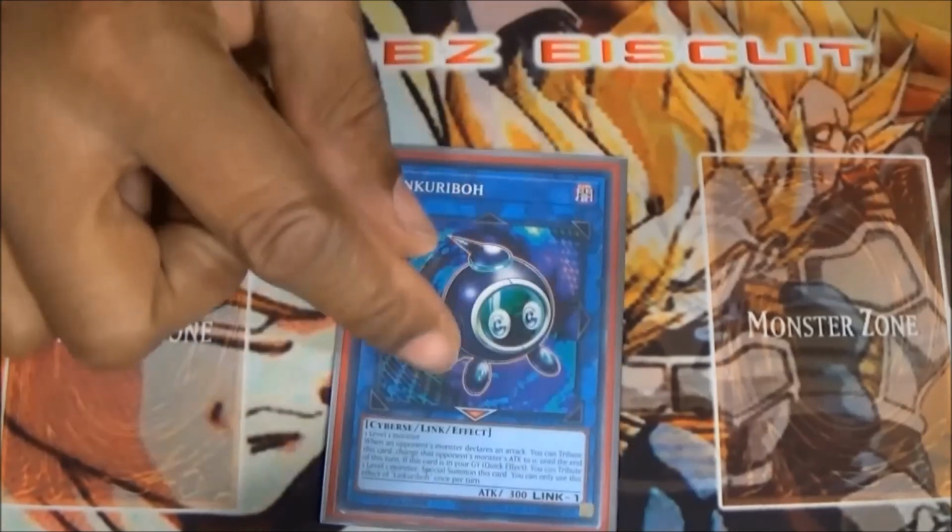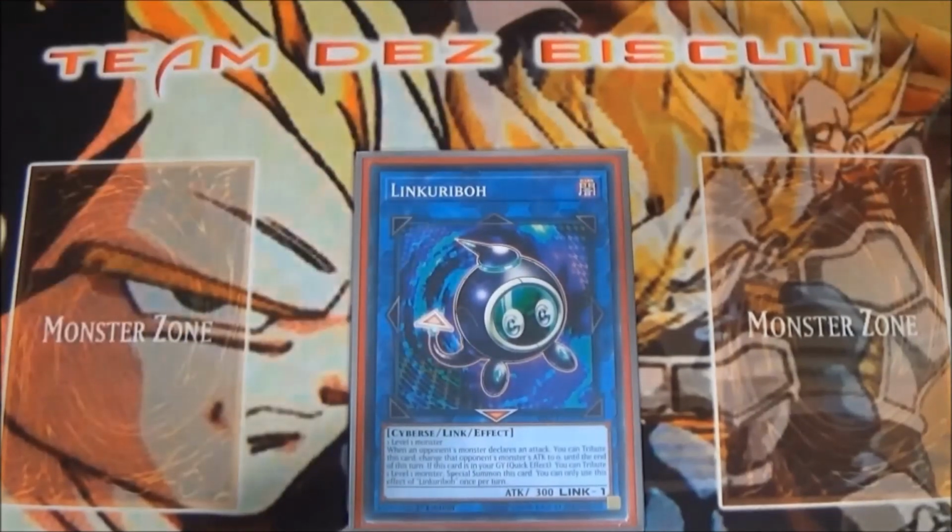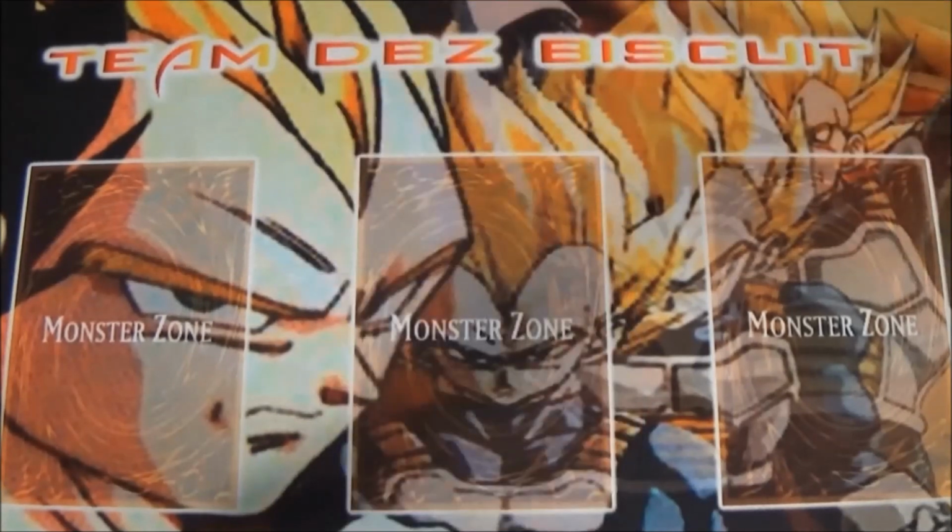And lastly, for the extra deck, we're running one Link Karibo, because Link Karibo is very good utility for the deck. You got a lot of level 1 light tuners in here that you can normal summon off, get this out there, save you a turn, and then swarm your field. But that is it for the deck profile,